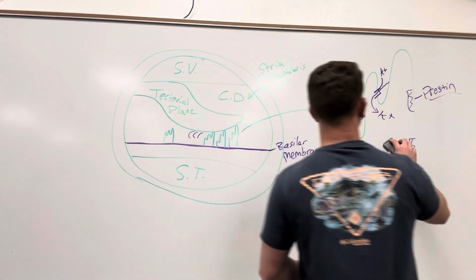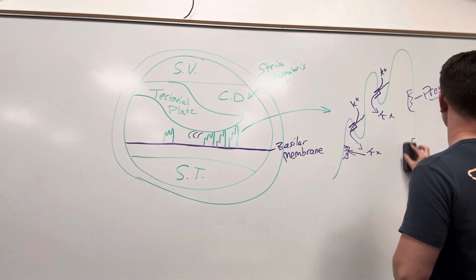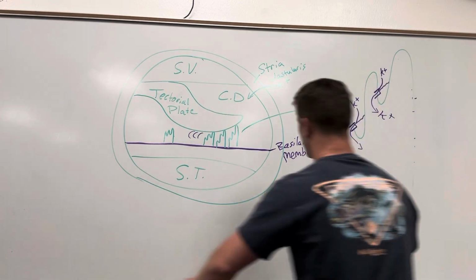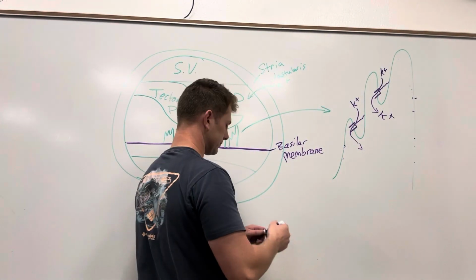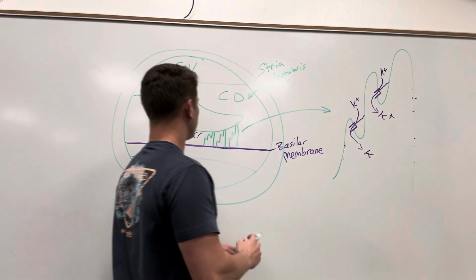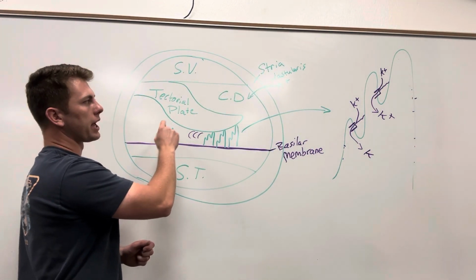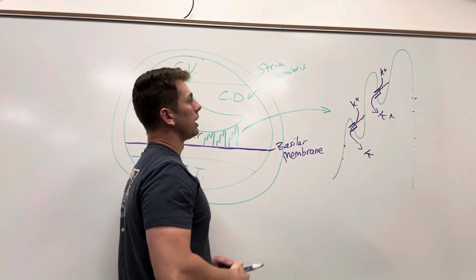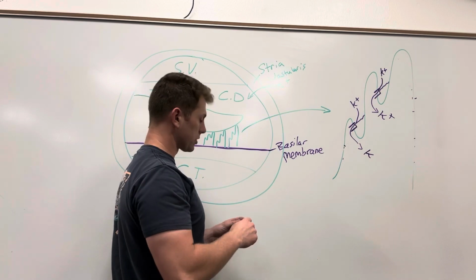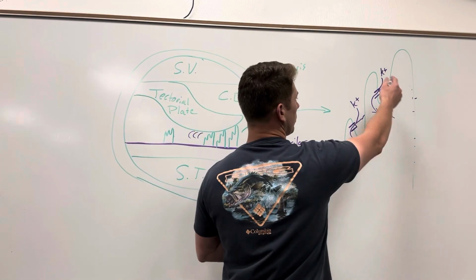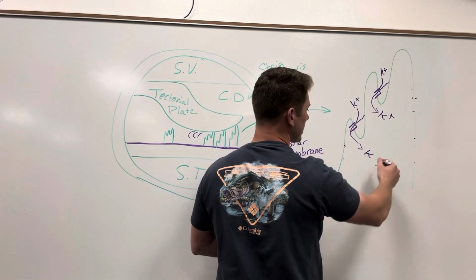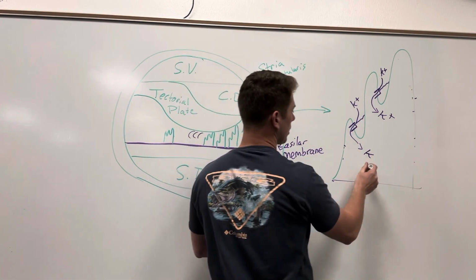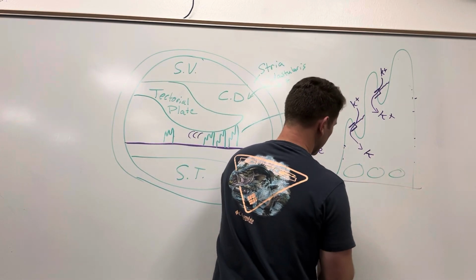So we're just gonna erase this prestin. This is now an inner row hair cell. So these waves cause the stereocilia to bend, which have the same mechanically gated potassium channels. And so when those bend and this potassium leaks in, it's just like any other cell. We have these vesicles containing neurotransmitters